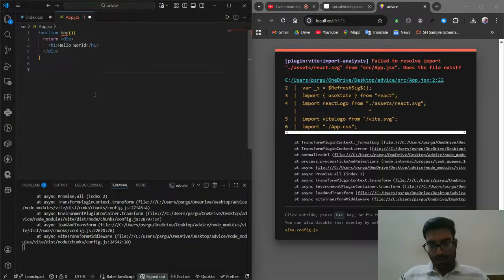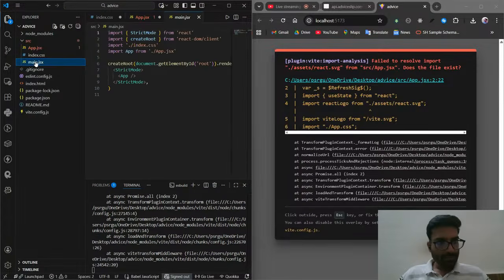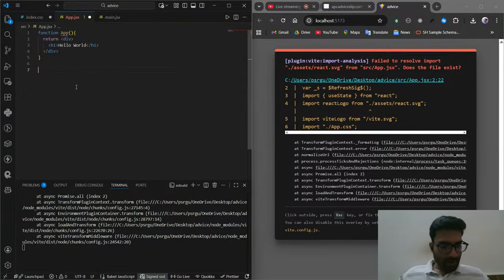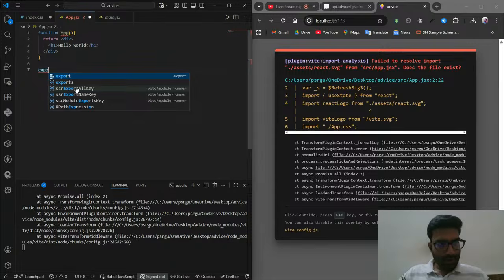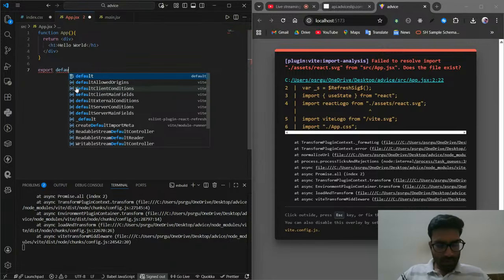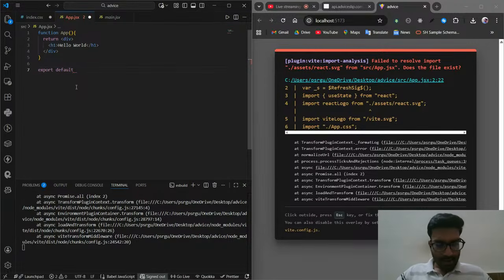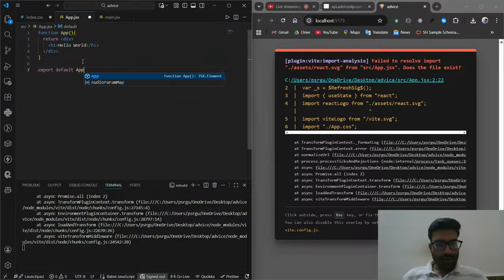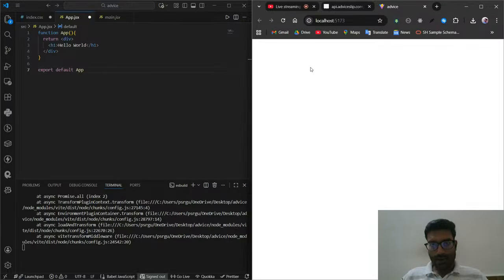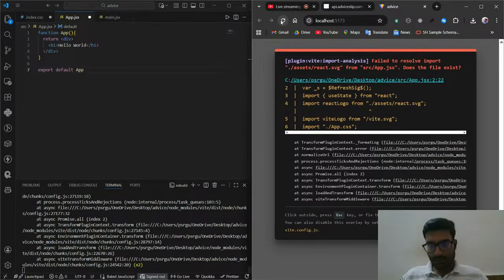And what we need to do now, we need to export this App because it is called in the main file. I will not waste my time explaining how React works. You can see App is imported here, so we need to export it from here. So I will write the export keyword: export default App. Right? So now you can see everything will work fine. And if I refresh it,